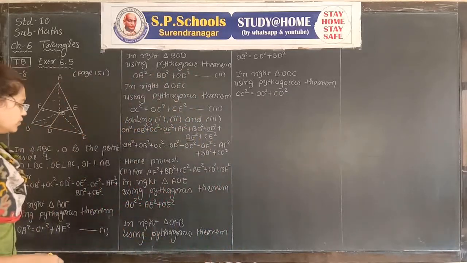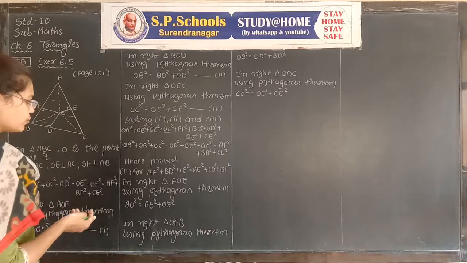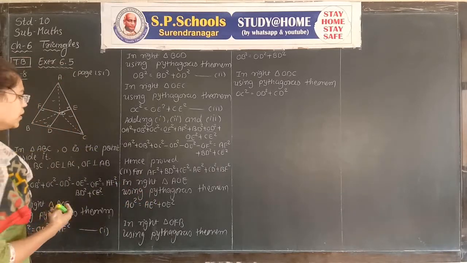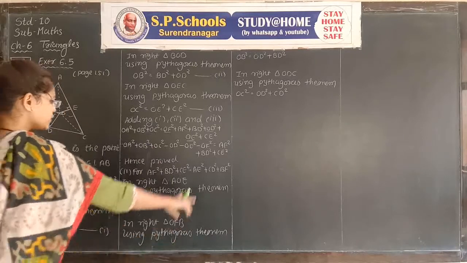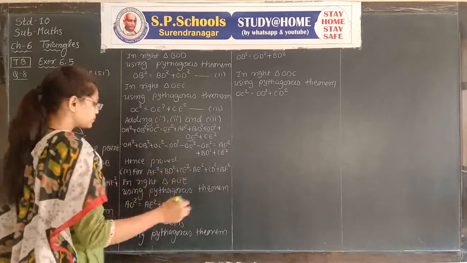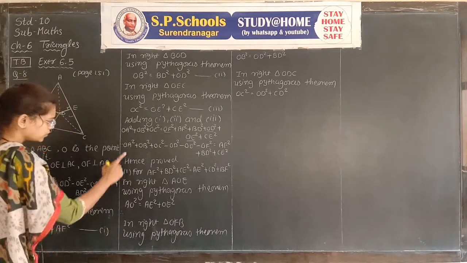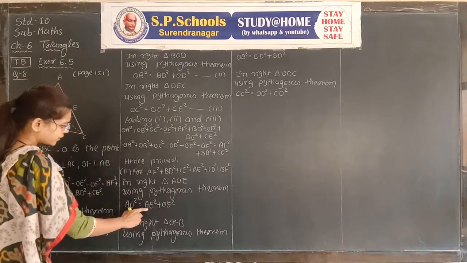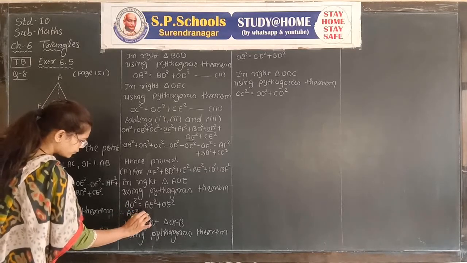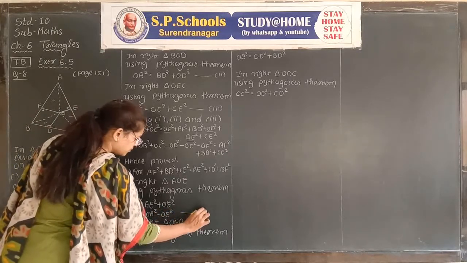Now what we need? We need AF square, BD square, CE square, AE square plus CD square and the BF square. We have to use the given thing. AF square plus BD square plus CE square is the right hand side of the first number. From the first number, OA square, subtract OE square, make AE square as a subject. Now AE square is equal to OA square minus OE square. It is our result number 4.